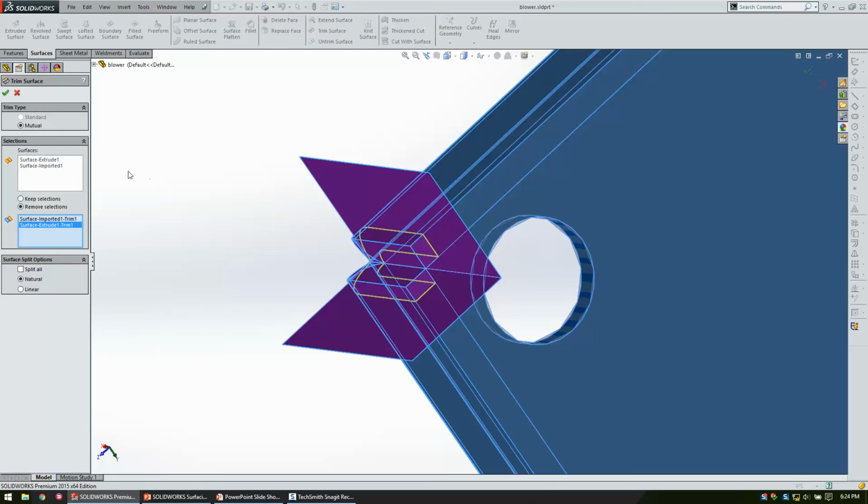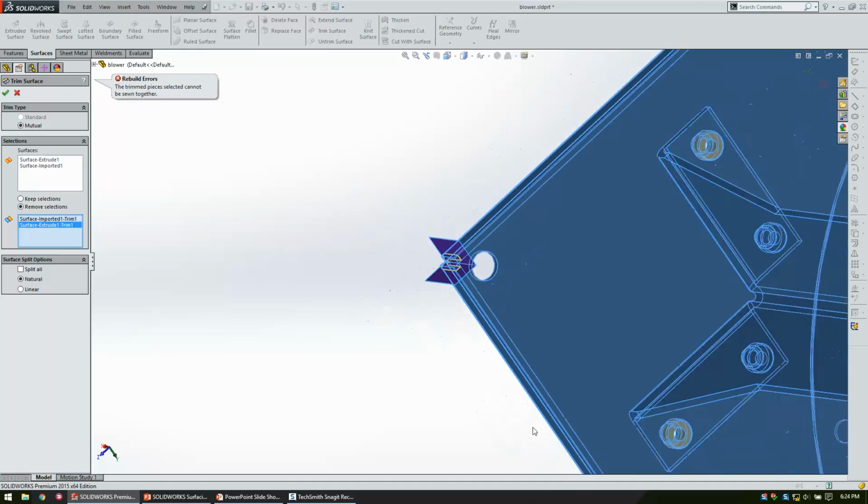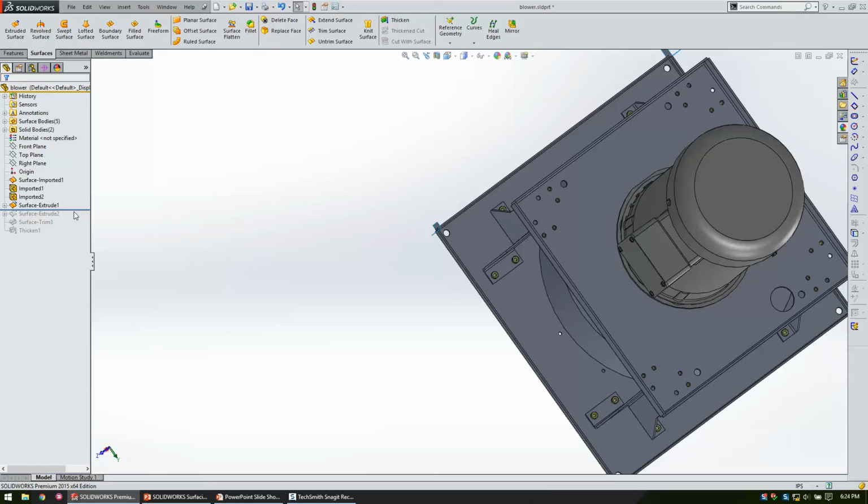The problem is what the SOLIDWORKS trim surface feature does in the back end is it automatically knits the model together. You have no control over this. There is no option. It's going to happen. And so when it tries to knit the model together, it will fail because there are other things that are still touching that are still zero thickness. So then my customer's like, oh yeah, okay, I get that. So then let's do a